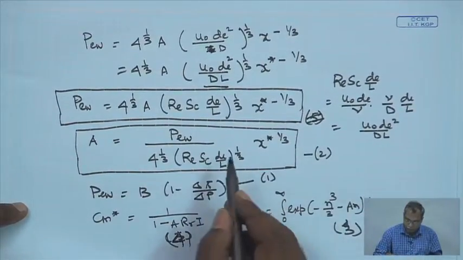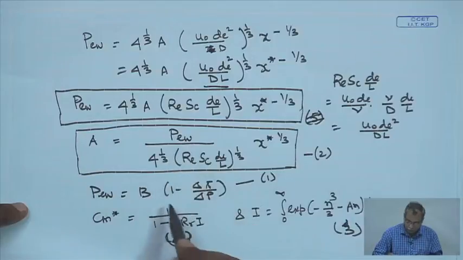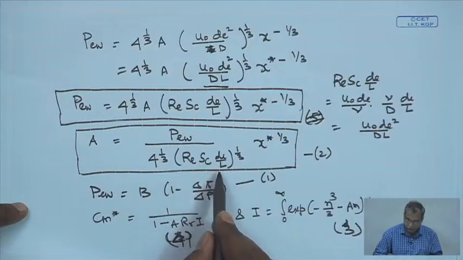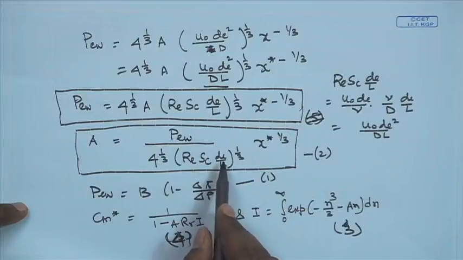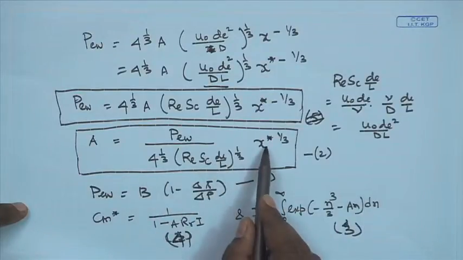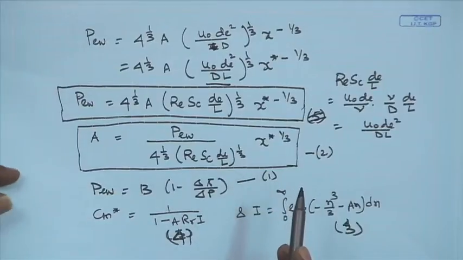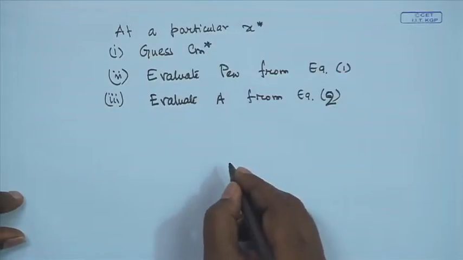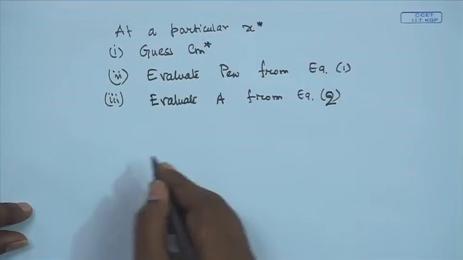Because we have obtained the value of Pw from the osmotic pressure model, we insert that here. Reynolds, Schmidt, d by L are the operating conditions, d by L is a geometric factor, 4 is a numerical value, and x star we are evaluating at that particular x location. So, therefore, we will be evaluating A from equation number 2, and once we evaluate A, then we are in